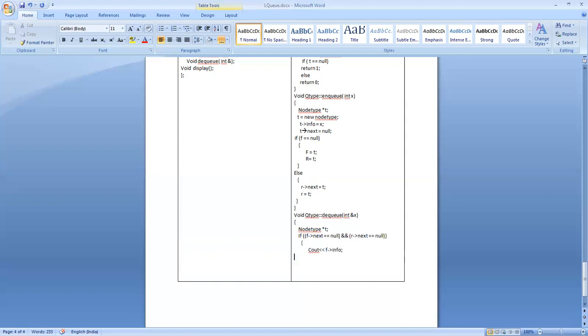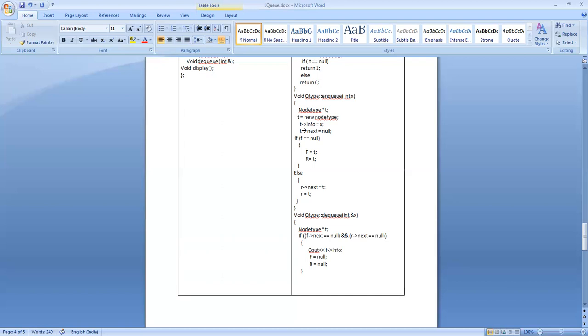Then you set front is equal to null, rear is equal to null.